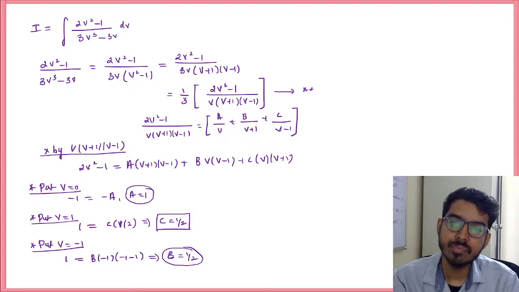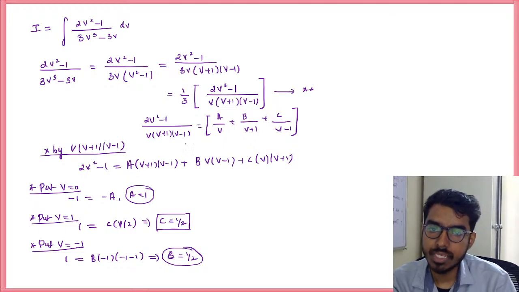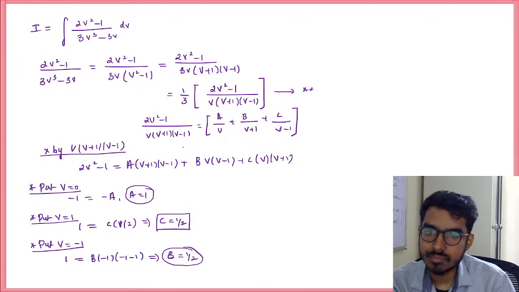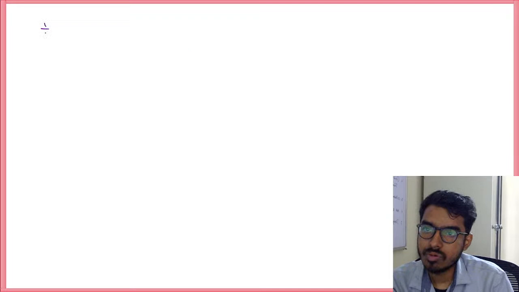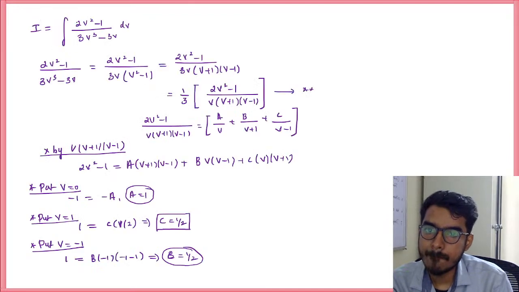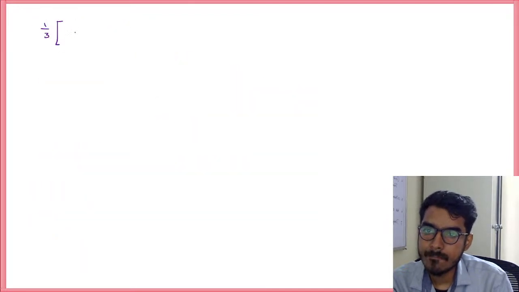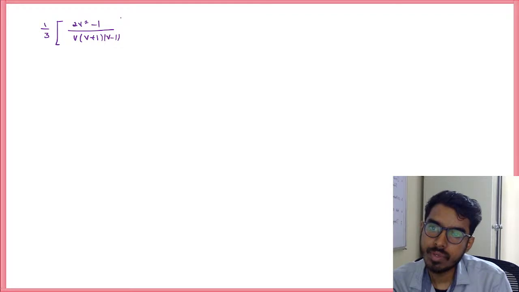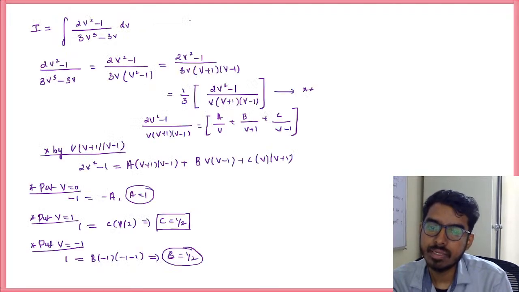Okay, do this. Therefore, 1 by 3 into (2v² − 1) divided by v into (v + 1)(v − 1) will be 1 by 3 times a by v